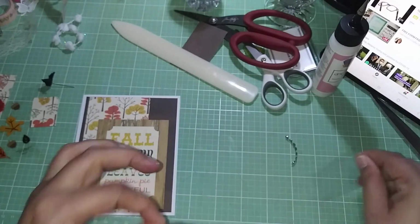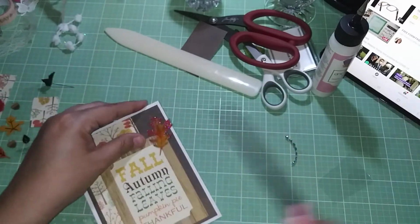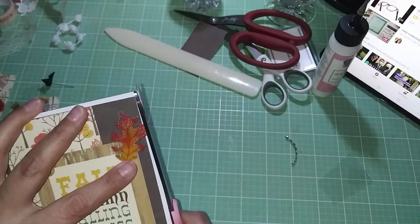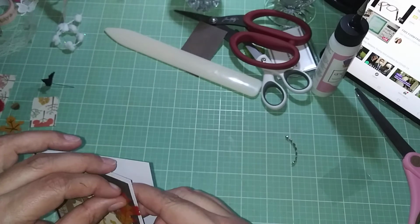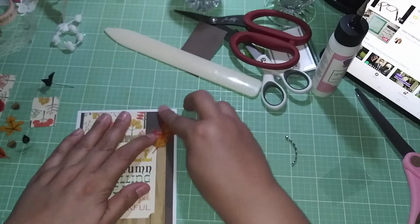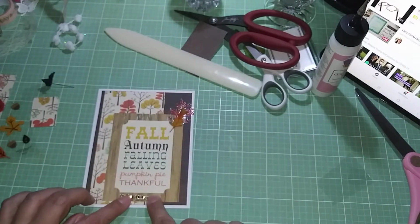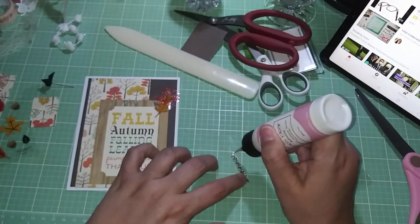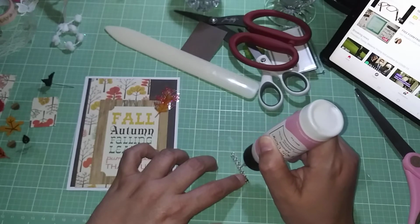And when I do, I usually buy, like I said, one of those scrapbooking kits. Oh, I put it too in the corner. That's okay. I'll just cut off the extra here. I'm not happy with that. Okay. It's going to have to stay there because it was peeling the brown off. Okay. That's fine. I was going to put it there, but now I'm going to put it there. Okay. So